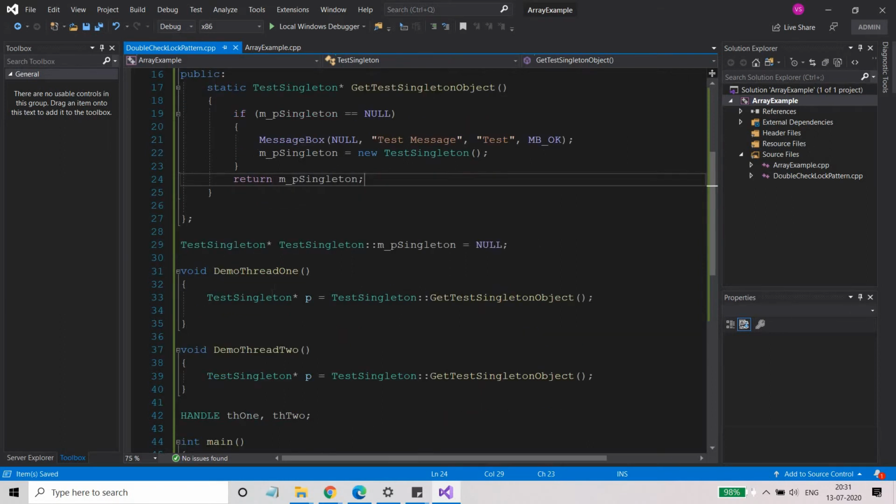So what will happen when thread 1 comes here? Why have I used a message box? A message box is basically a blocker. If someone needs to click on the OK button to get rid of this message box, then it's a blocker function. Since it's a blocker function, it will not move ahead until you respond, until you click the OK button, for this thread as well as for the other thread.